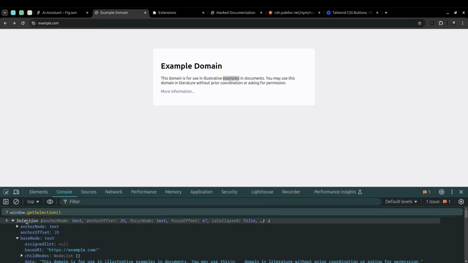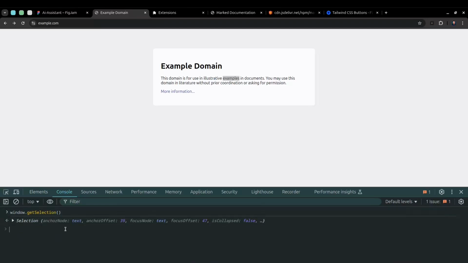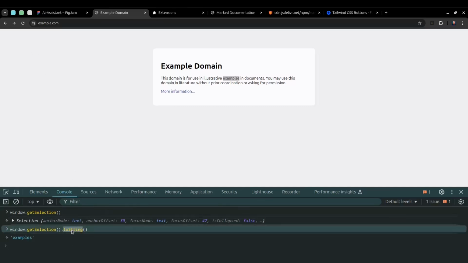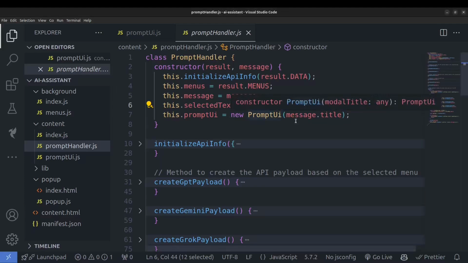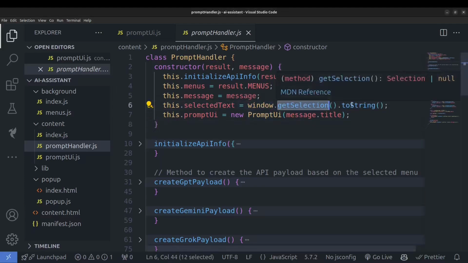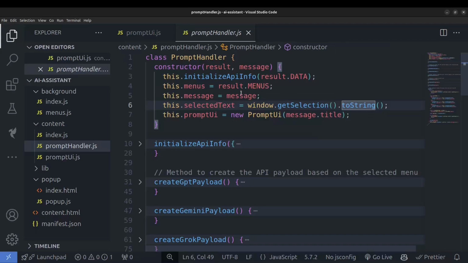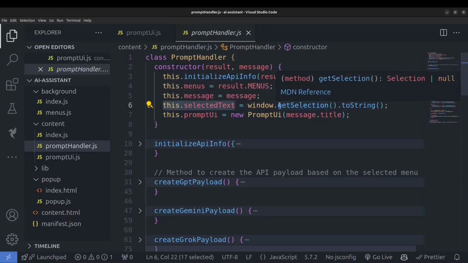So for getting the exact value in a readable format, you have to make it a string, otherwise you'll not see the exact value. When we just use .toString, we get the value that we have selected. So let's select this particular text and enter the command again, and you can see that we are getting the selected text. That's why we use the window.getSelection method and parse it to a string, so that we can get the string value. So this is how we are retrieving the selected text from our DOM